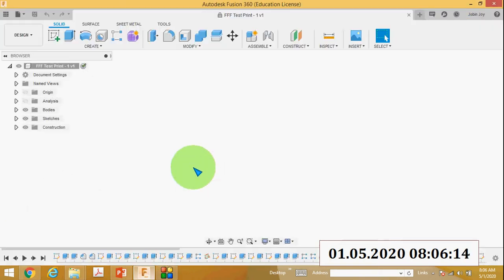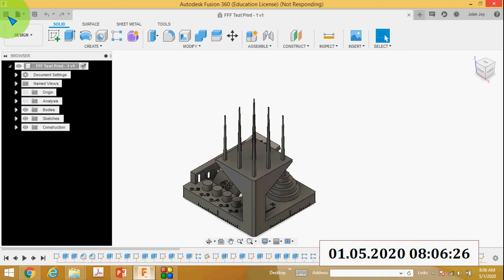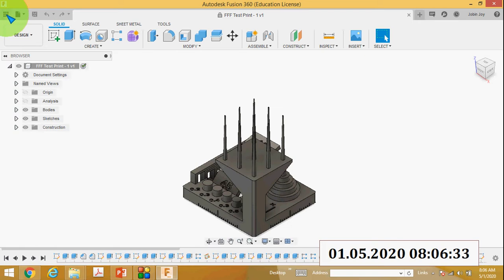Okay, so go to Fusion 360. First you have to open this part. This part is actually in the CAM samples. So go to the data panel, click here, click the data panel.